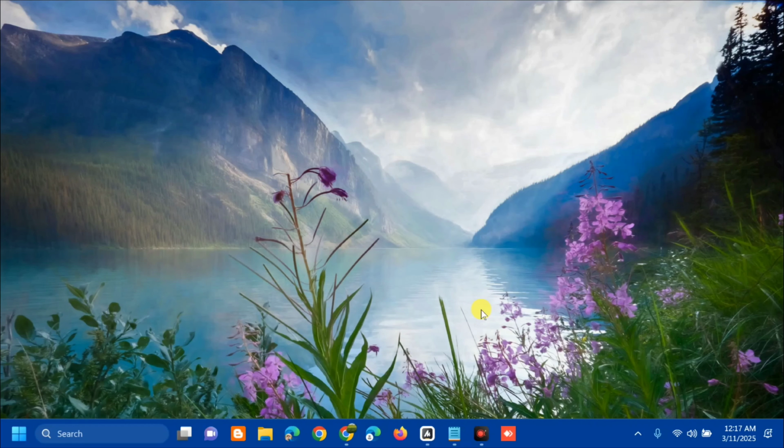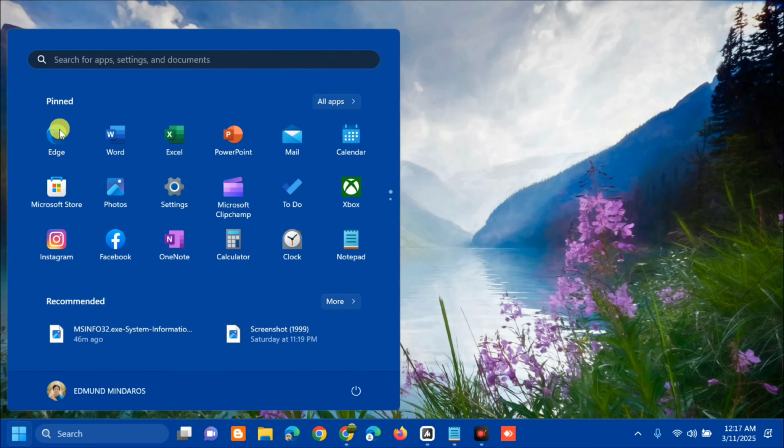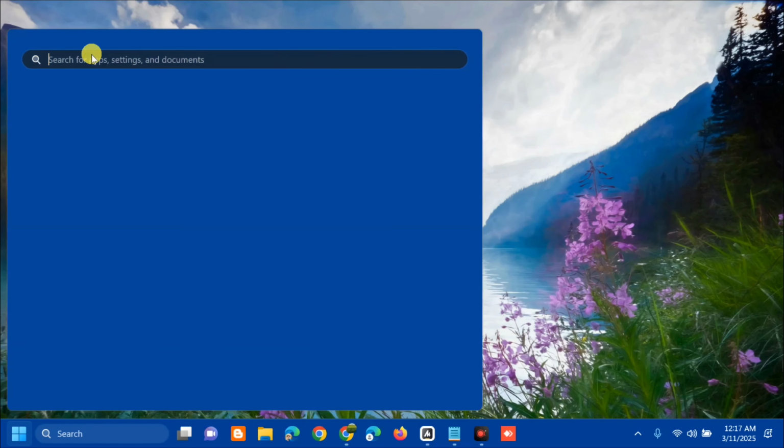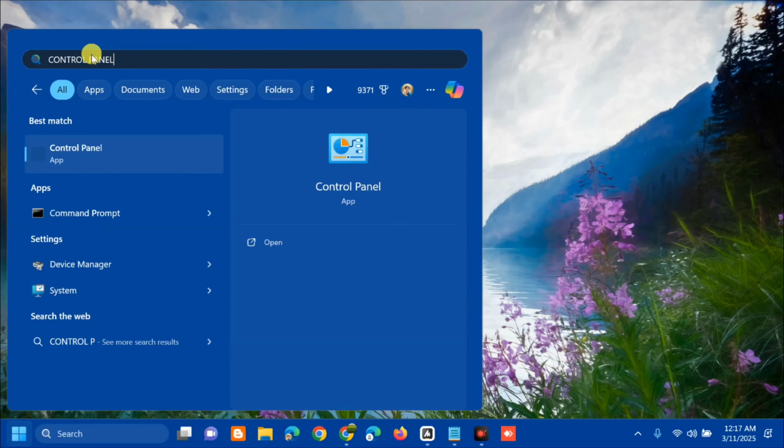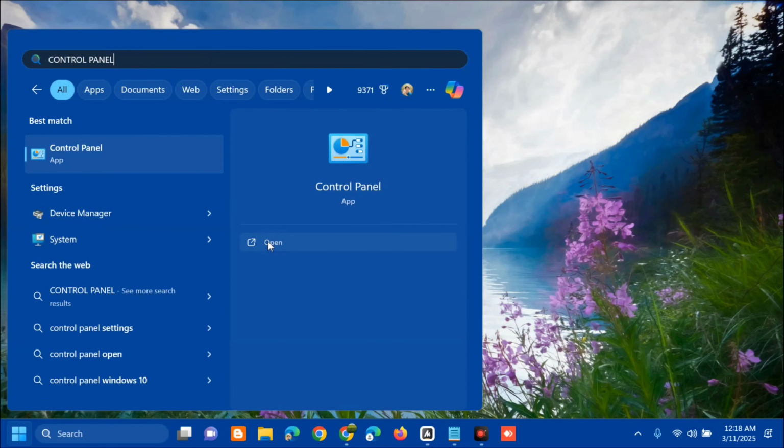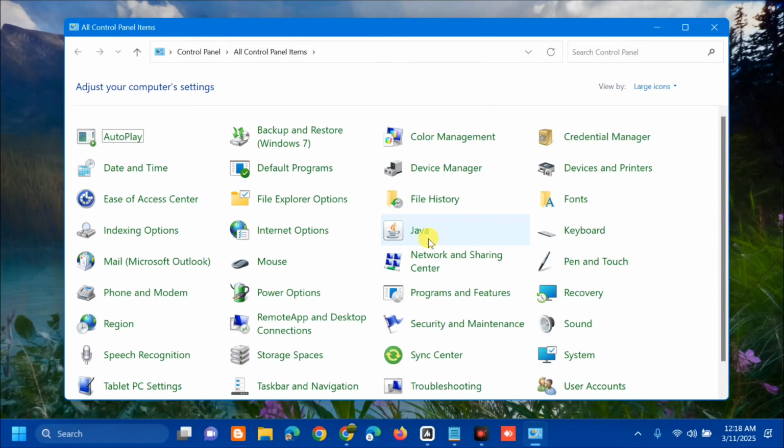So all you have to do is open up the search menu, and then search for apps, and then you need to type control panel, and then click open. So once you open up this control panel, on how to change this control panel view,